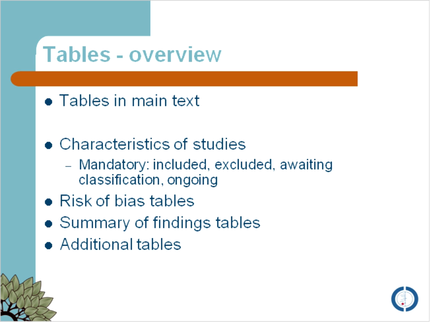Okay, and just for those of you who weren't able to join us for part 1, just to orient you a little bit to RevMan 5, on the left-hand side is your outline pane, so this is sort of the structure of your RevMan file. And the main items that you see are the headings that you cannot change, so they're fixed within RevMan. And then, as I've done, you can expand or collapse as you need to see these subcomponents. And then on the right-hand side is your content pane.